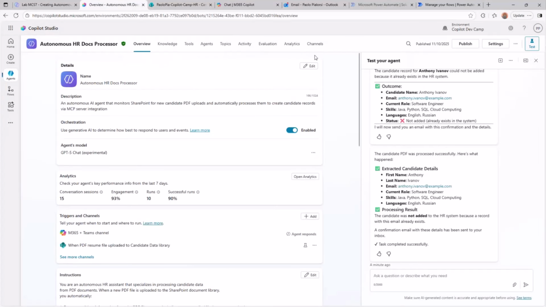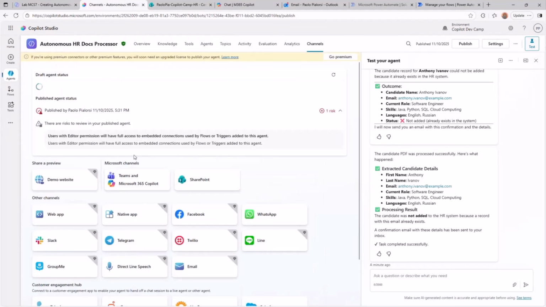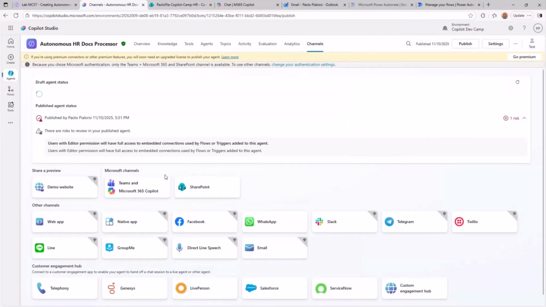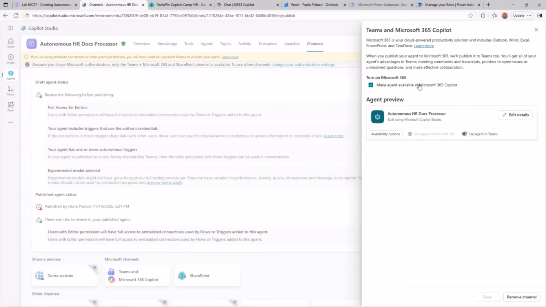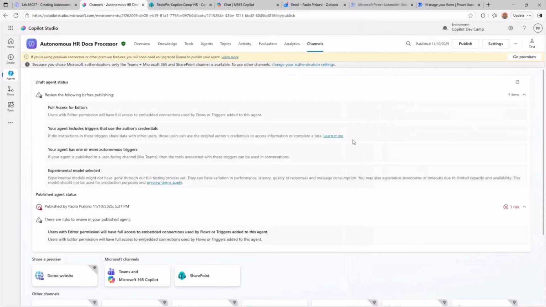So once you are done, you go to channels, you select a channel, you publish the agent with a specific channel if you want to have also an interactive experience like the one I showed you to list the candidates or to do stuff with the candidates. And once your agent is published and available, it will start processing any new event targeting the trigger that you